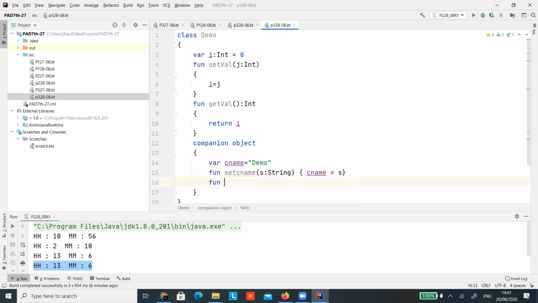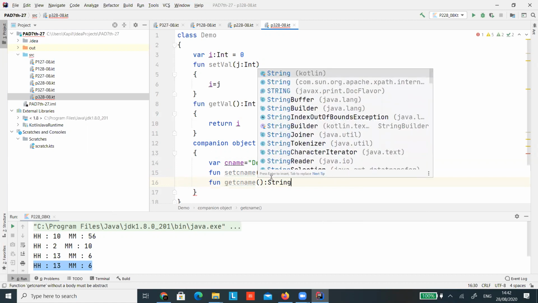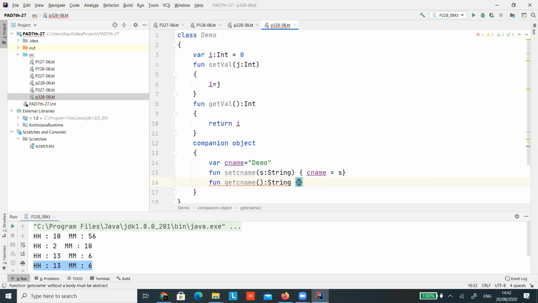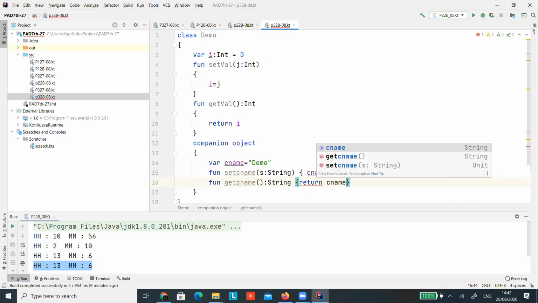The same way you can have getCname, where the return type will be string, and just return cname.